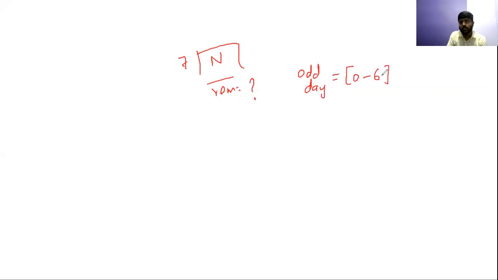In the first lesson we saw that odd days are those days that can be found by dividing any number by 7. Let's suppose we have n number of days and we want to find how many odd days there are in n days. I will divide n by 7, and whatever remainder I get will give me the number of odd days. I also discussed that odd days cannot go beyond 6 and cannot be less than 0. So odd days always lie between 0 and 6. It can be minimum 0 and maximum 6.